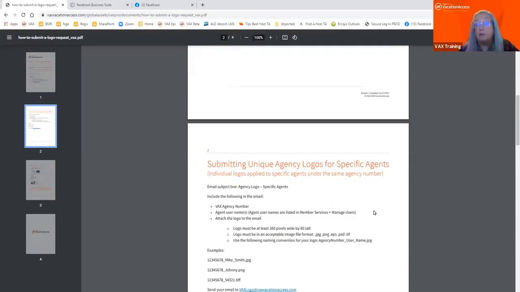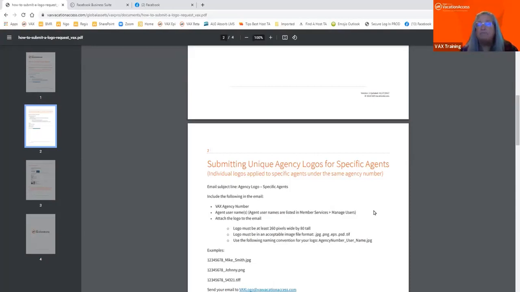But under another host, very often they are not particular. They will be happy to let you have your own logo, but it has to be submitted a certain way. And because the host agency does control your login, it does need to come from them.